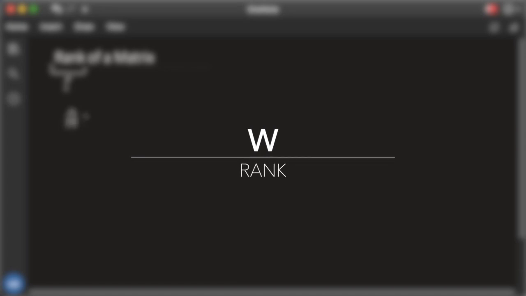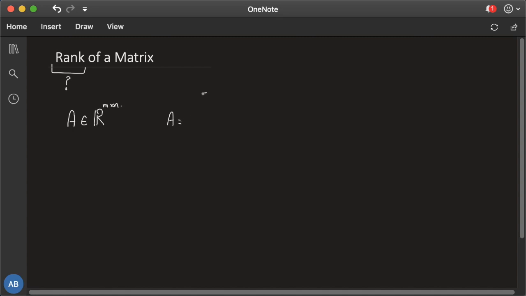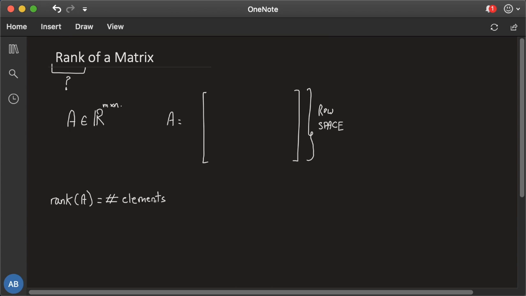So given a matrix A that could be rectangular, we talked about in previous lectures the row and column space of a matrix. Let's focus for a while on the row space of the matrix. The row space is the space spanned by the row vectors of a given matrix, right? It turns out that we can define something called the rank of a matrix A. So the rank of A is nothing other than the number of elements in any basis for the row space